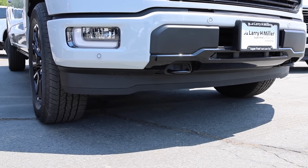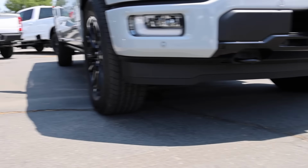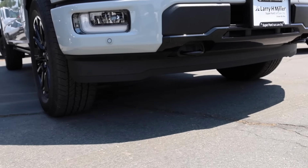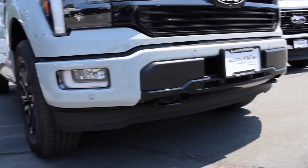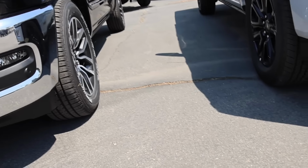Finishing off on the front, you guys can see the recovery hooks there, and then check out the valance too. It does sit kind of low, and that's probably because of the Power Boost powertrain, so just keep that in mind. Painted bumpers do come standard. You guys see on the Ram, chrome. Active grille shutters on both sides. As far as the wheels and